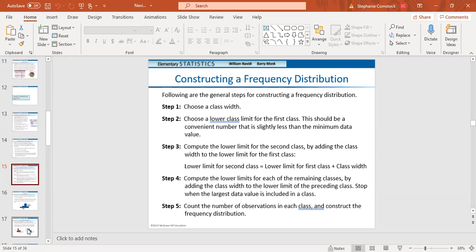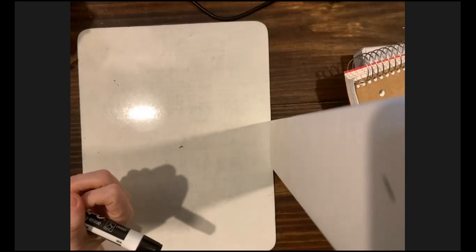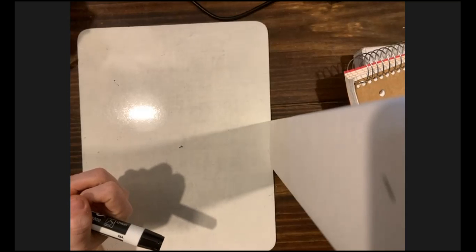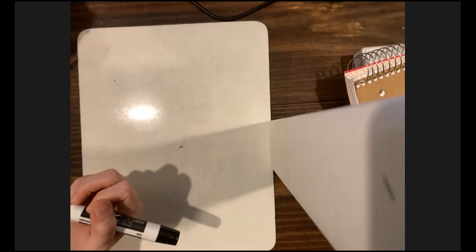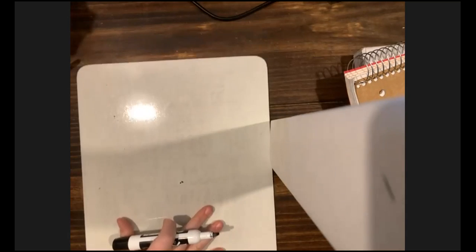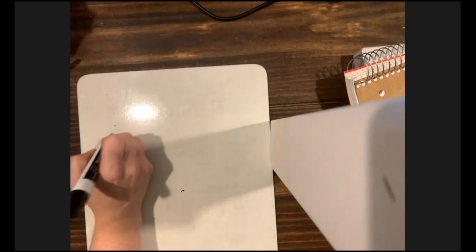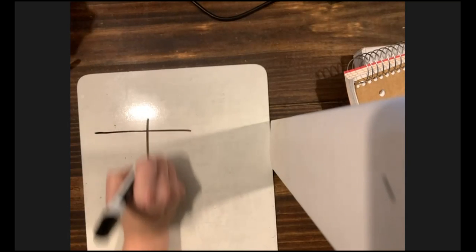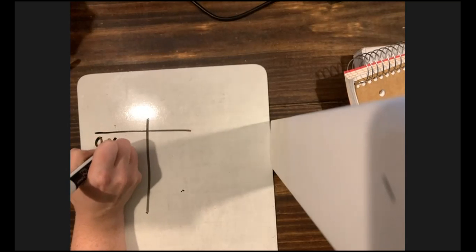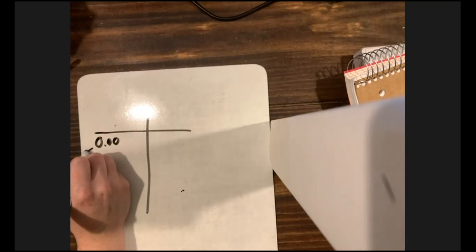So we're going to take a look at number 1 for this data set. Okay. And so they tell us that they've got particulate emissions for 65 vehicles in particles per gallon of fuel. They want us to construct a frequency distribution using a class width of 0.50 and 0 as the first lower limit. Okay. So the way that we do this is we're going to 0.00